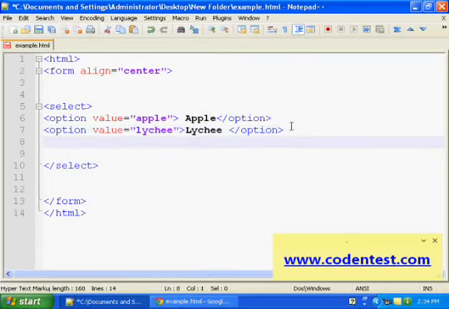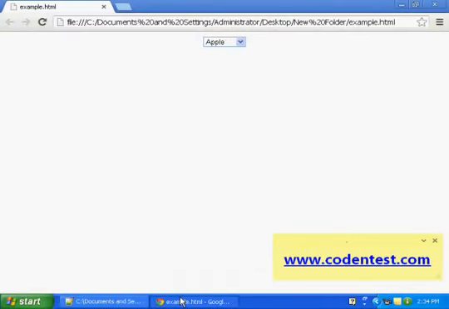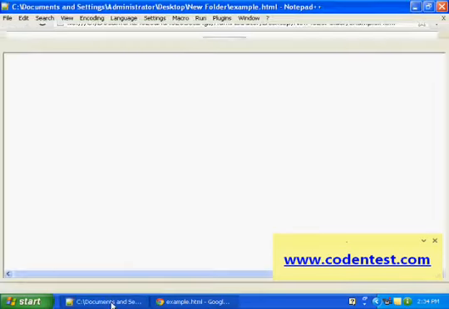Option value equal to oranges, close that tag option. So I save that and I'll refresh it. Apple, lychees, oranges.